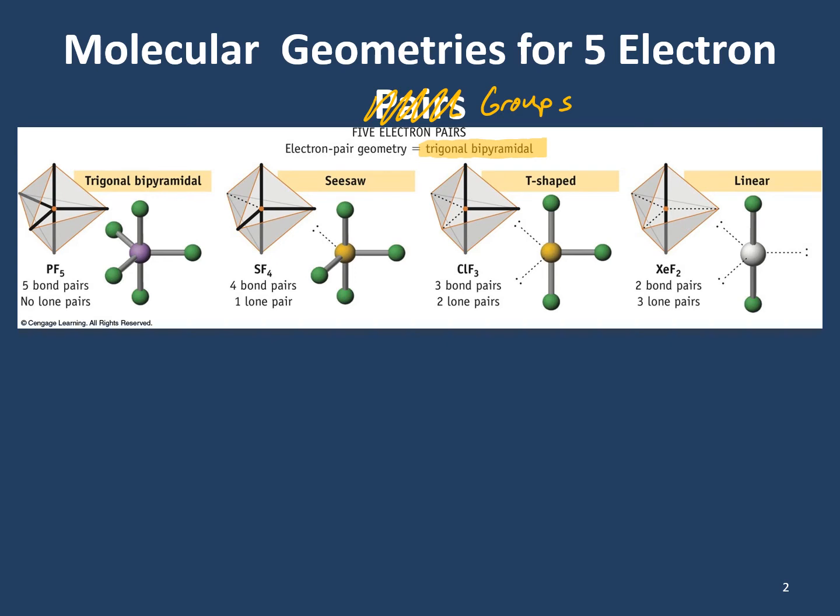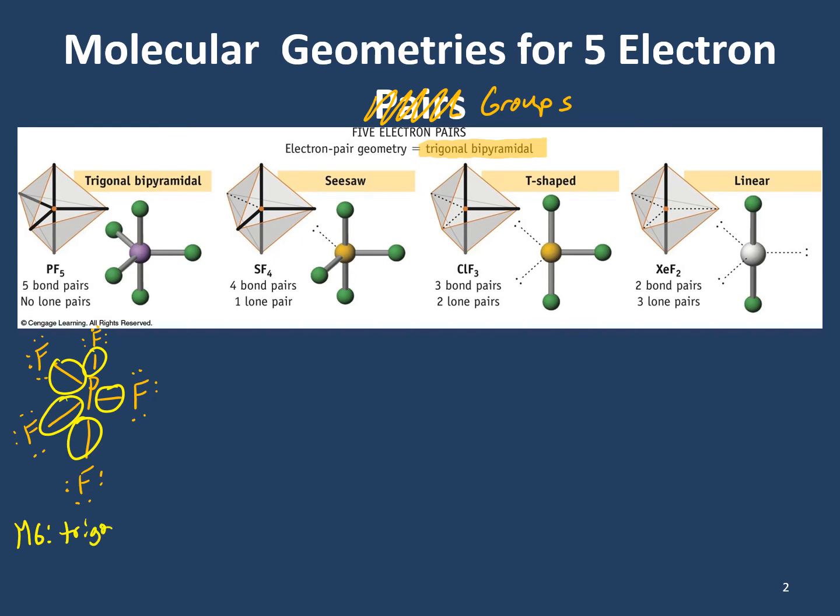So when you have 5 total groups around your central atom, you have trigonal bipyramidal electron group geometry. Now, as far as our examples go, if we look at PF5, for instance, PF5 has a Lewis structure of, and as we can see, there are 1, 2, 3, 4, 5 groups around phosphorus. This means our electron group geometry, as all of these will be, is trigonal bipyramidal. Now the molecular geometry, because all of the 5 groups are bonds, we know is also going to be